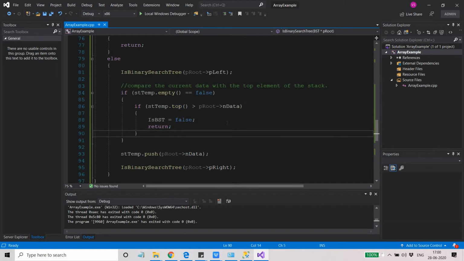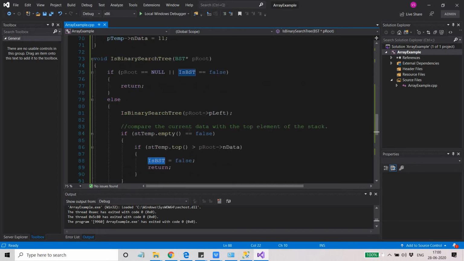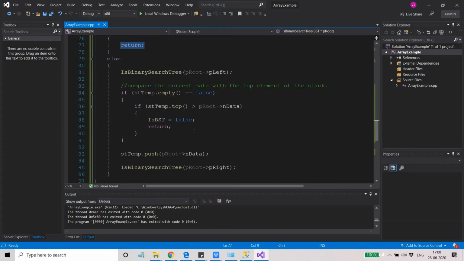At that point, we know that this traversal is not going to give me a sorted order. So we just return, and I set isBST equal to false. And whenever the next recursive calls happen, all those recursive calls will return. I hope you got the logic for why I have written it like this.